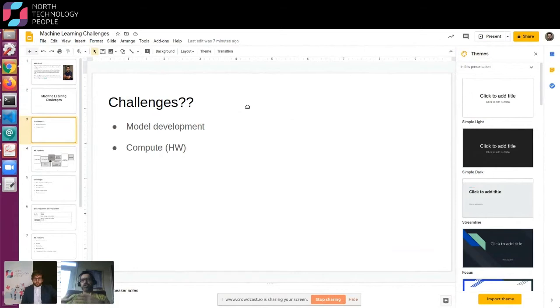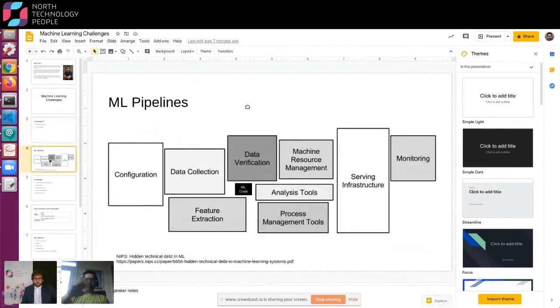But when I transitioned into production, when I started working at a product company and developing products for organizations, I realized that these are not the main challenges. This is a typical machine learning pipeline. I took it from a paper from NIPS, previously called NeurIPS, one of the biggest AI tech events that happen every year. This paper was released by Google, and they show a typical ML pipeline.